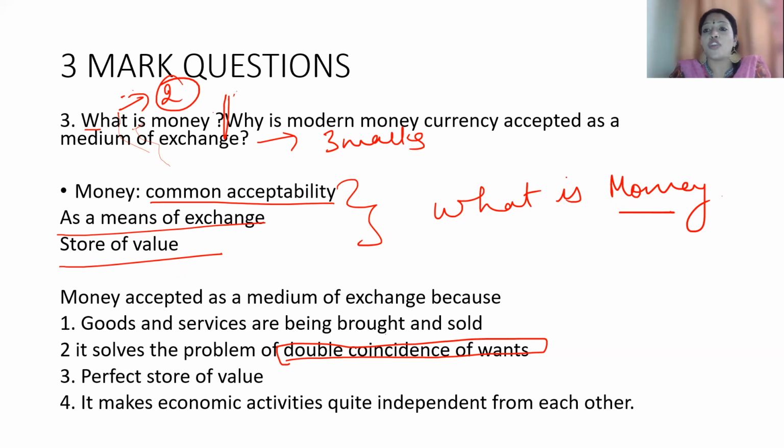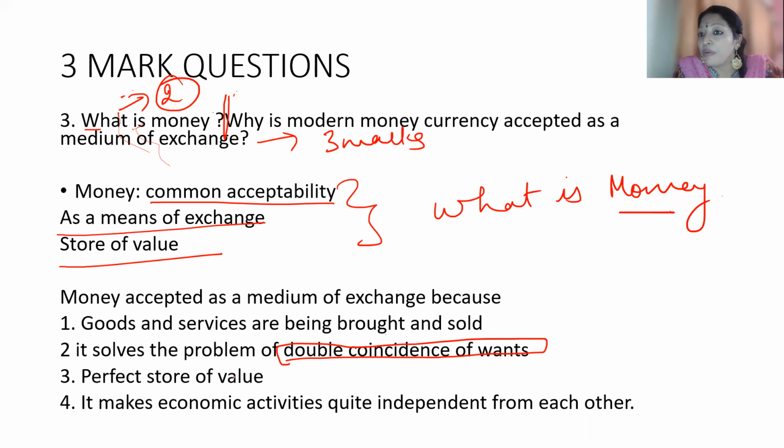What was the problem? Suppose, for example, I have a horse, and Y person has milk. How will these two be exchanged? I don't want milk from the person, but I have only a horse to sell. So both parties need to be ready to exchange the goods. That was a problem in the barter system. So money solves that problem. I need not have any buyer for my product. If I have money, I can go to the market, I can buy anything. So it solves the problem of double coincidence of wants.